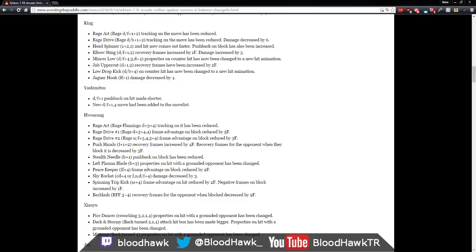Head spinner 1+2 1. Second hit now comes out faster. Pushback on block has also been increased. So the first part is new. The second hit comes out faster. Actually, I don't know. One of these, I forget which one of these, but maybe they changed it